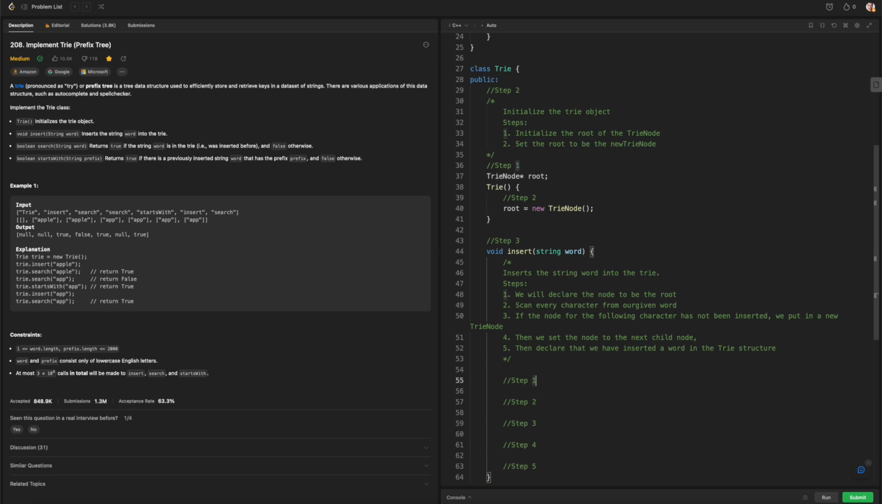Steps 1, 2, 3, 4, 5, the way it's going to look, it's going to look like this. I'm just going to clean up all this as well. Steps 3.1, 3.2, 3.3, 3.4, 3.5. So for inserting,